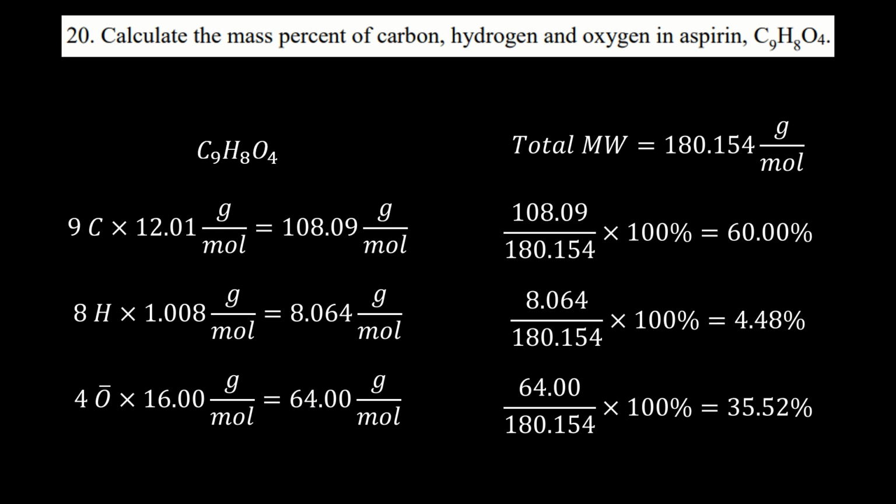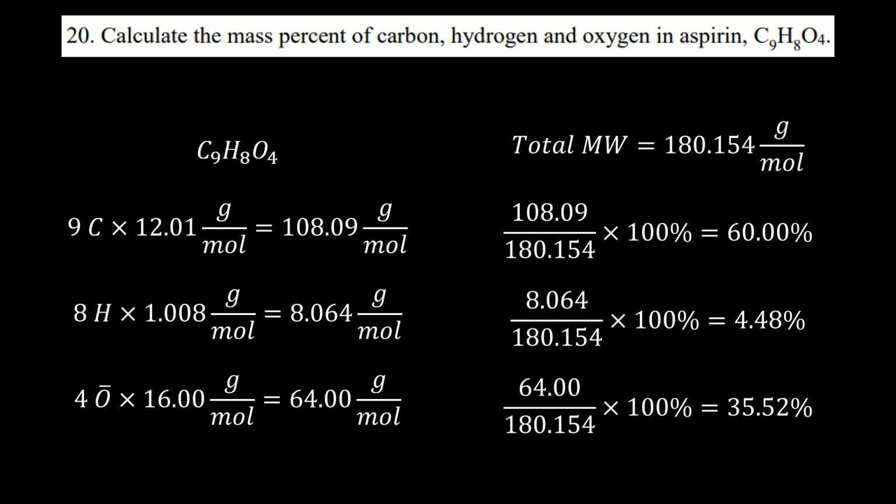That gets us to 35.52%. For these mass percents, I recommend rounding your answers to 2 decimal places when it comes to percentages, because oftentimes that results in mass percents that end up adding to 100, which is